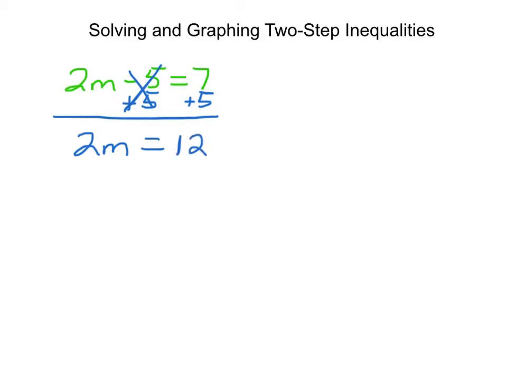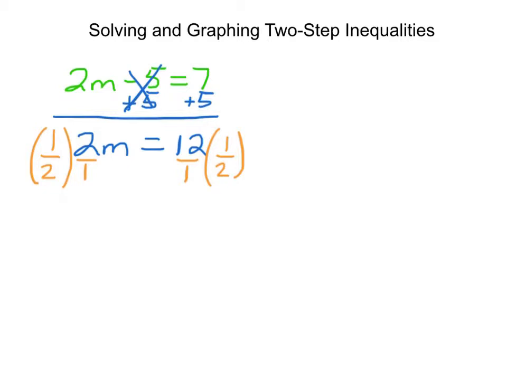Our next step in solving a two-step equation is to use the multiplicative inverse, which means we're going to multiply both sides of the equation by the reciprocal of our coefficient. So our coefficient is 2 over 1. If we turn that into a fraction, it makes it a little easier to see. So our coefficient is 2 over 1, and we're going to multiply both sides of the equation by 1 over